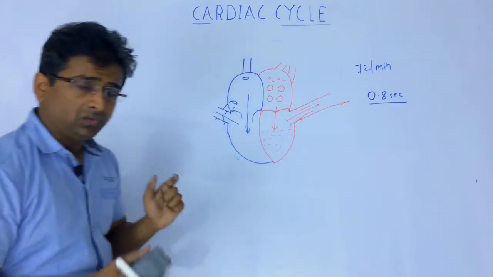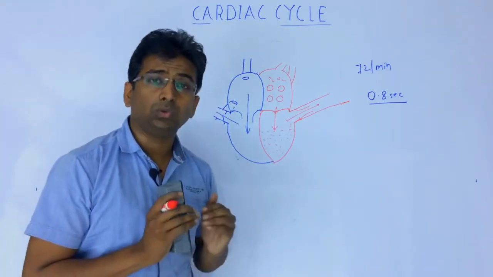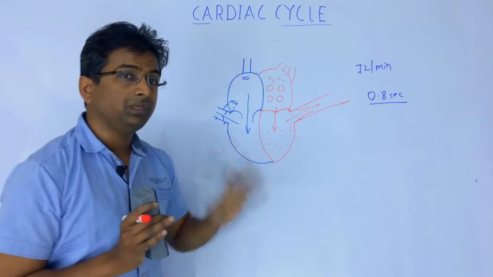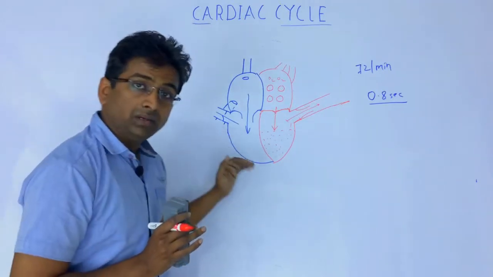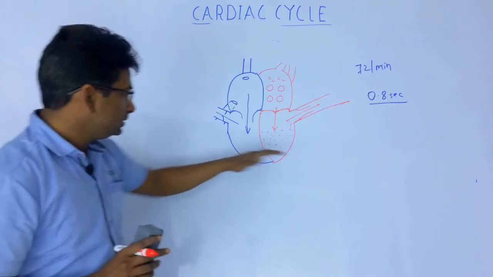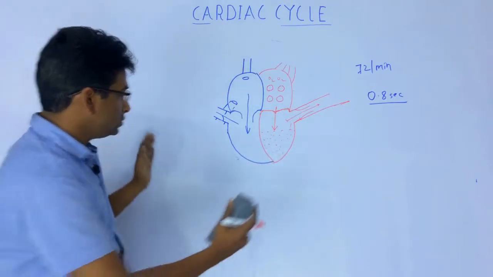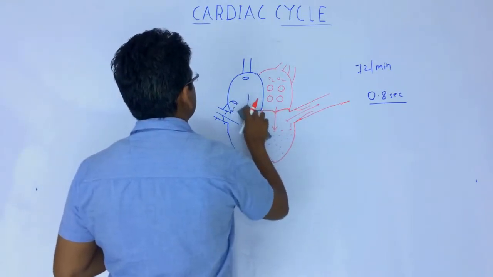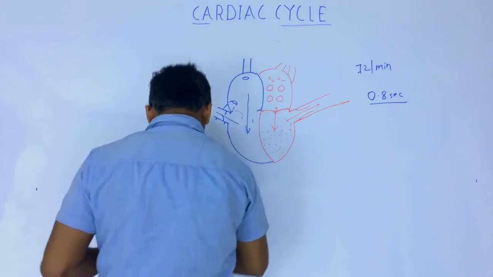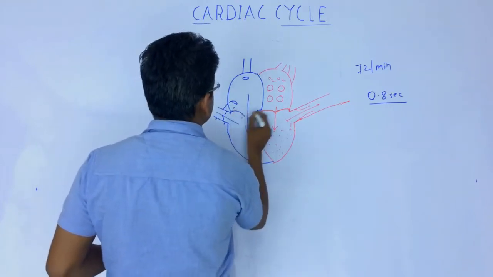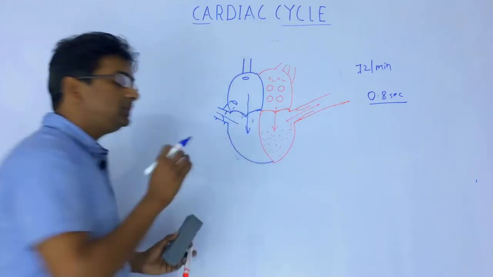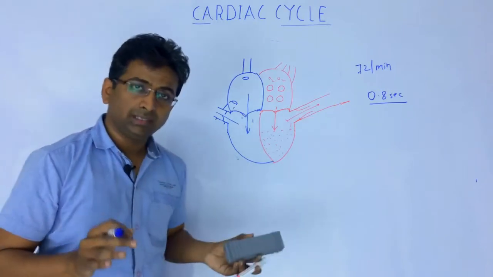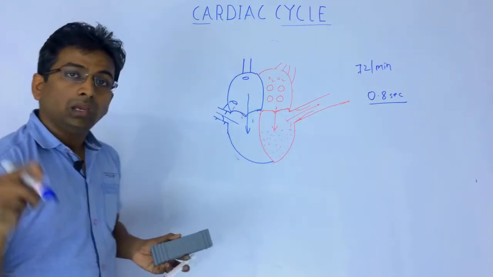So this period from the beginning of ventricular contraction to closure of the AV valves is called the pre-ejection phase. Okay, that is the pre-ejection phase. A similar event will occur on the right side. The ventricles contract simultaneously. So once the right ventricle starts contracting, the tricuspid valve will also close. So at the beginning of ventricular systole, both AV valves, that is mitral and tricuspid, will close,